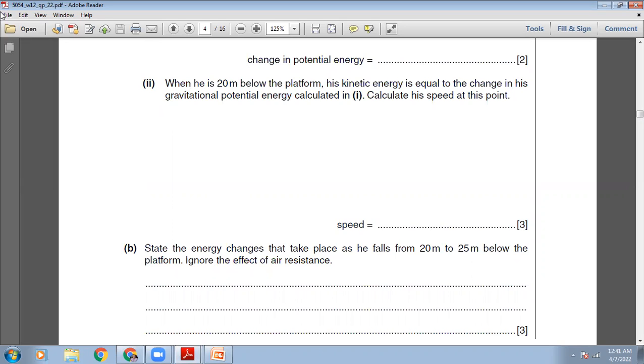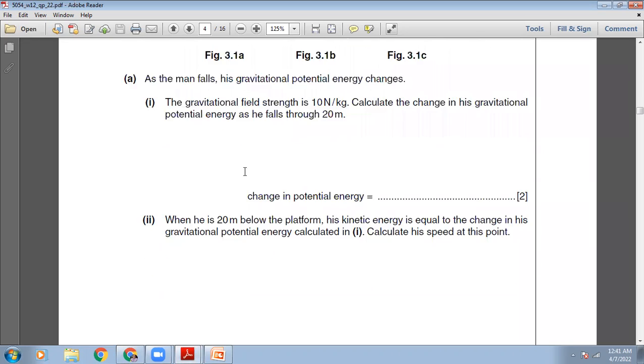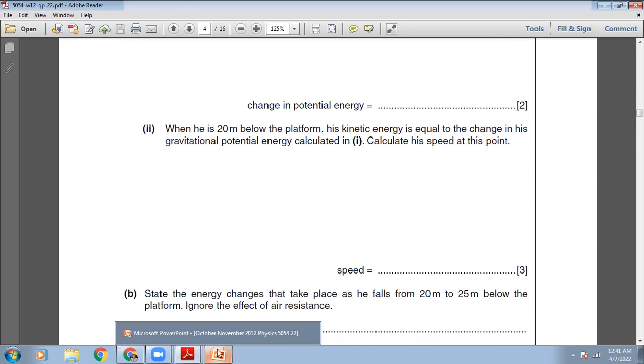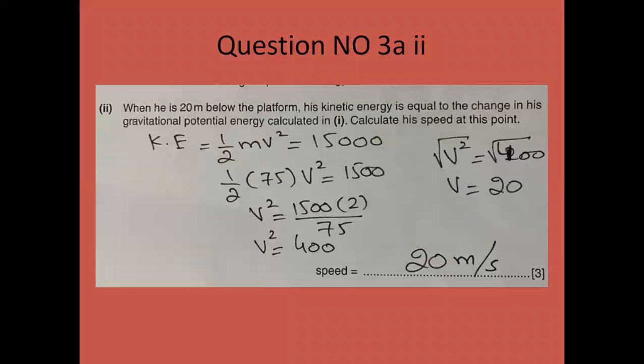He says at this point, the kinetic energy gained is equal to the loss in the gravitational potential energy, which we just calculated in the first part. So make the kinetic energy equal to 15,000 joules. And you know what the formula for the kinetic energy is? Kinetic energy formula is 1 by 2 mv square. So 1 by 2, the mass is 75 kg, the velocity at that moment we want to find out. And we already know that